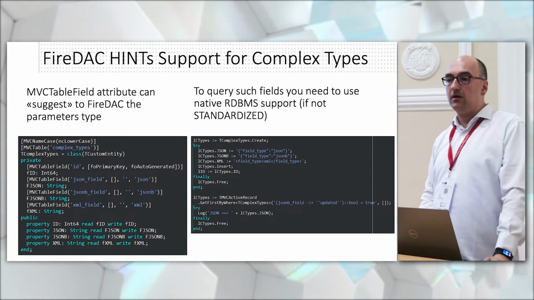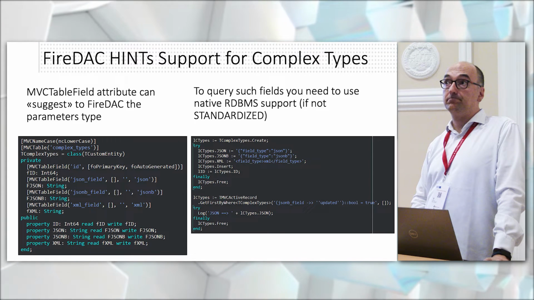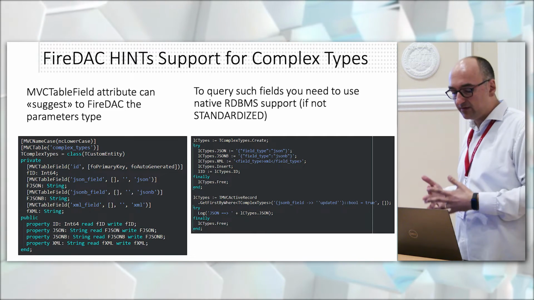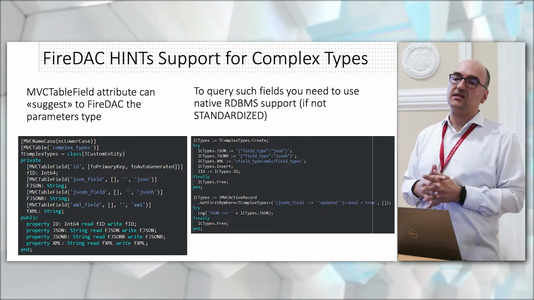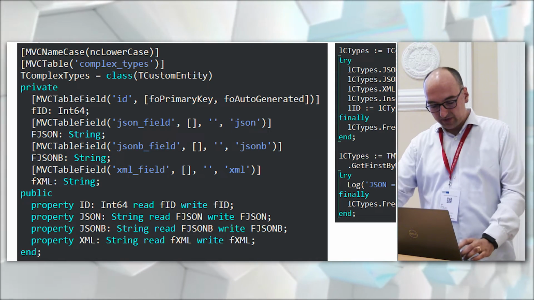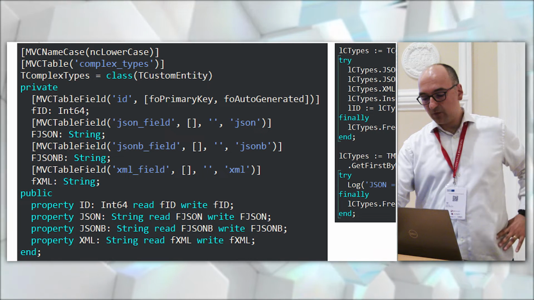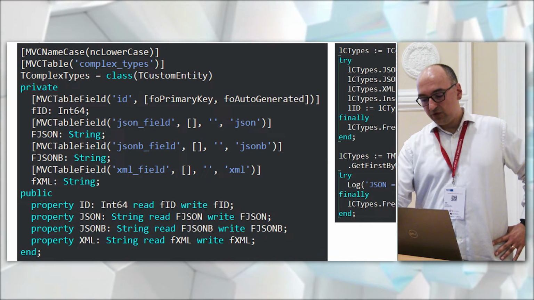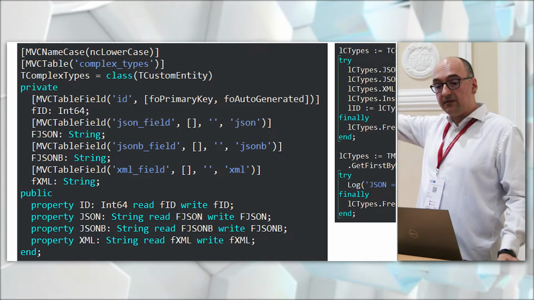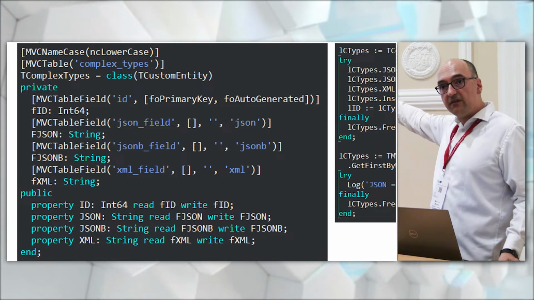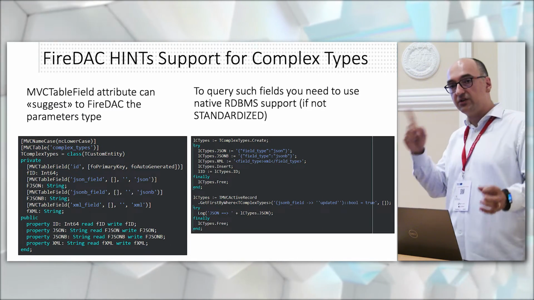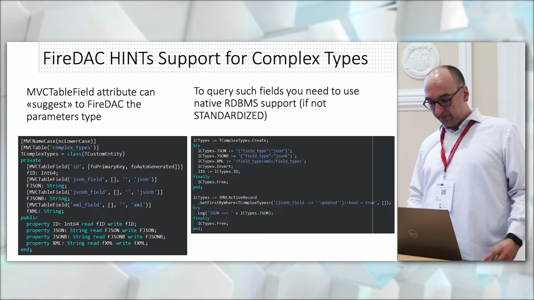Consider that relational databases are now not only storage for simple data in tables. There is also support for JSON, JSONB, XML, and so on. You just have to map to the correct field. For example, here, this is how it works on Postgres. You just say this string is saved in a JSON field or a JSONB field or an XML field and so on. And you can also use the specific functions for JSON, XML, and so on in the query.